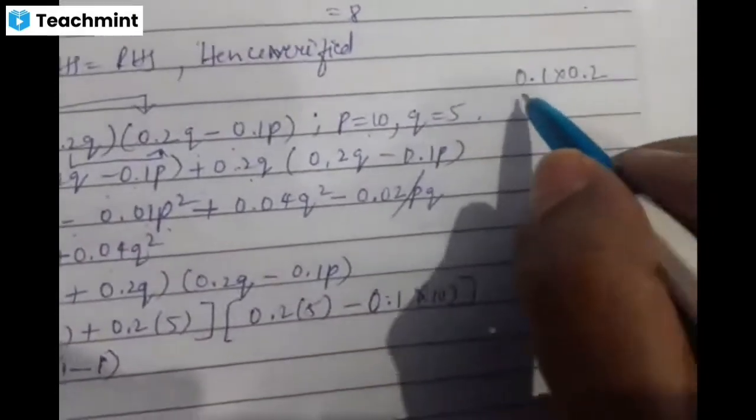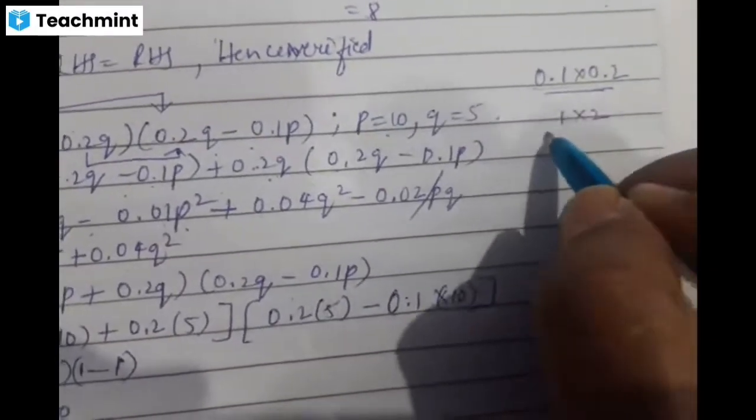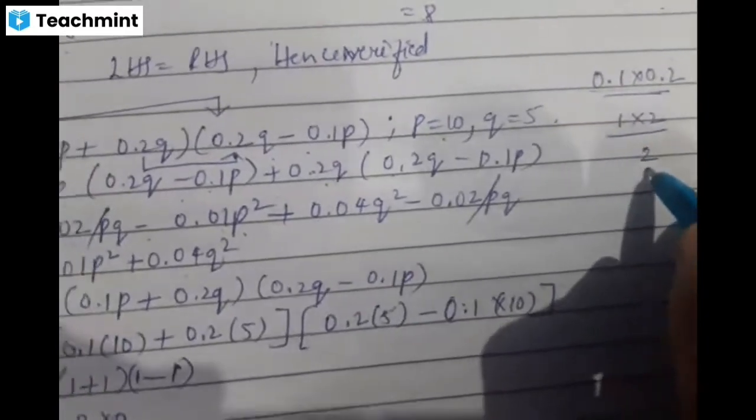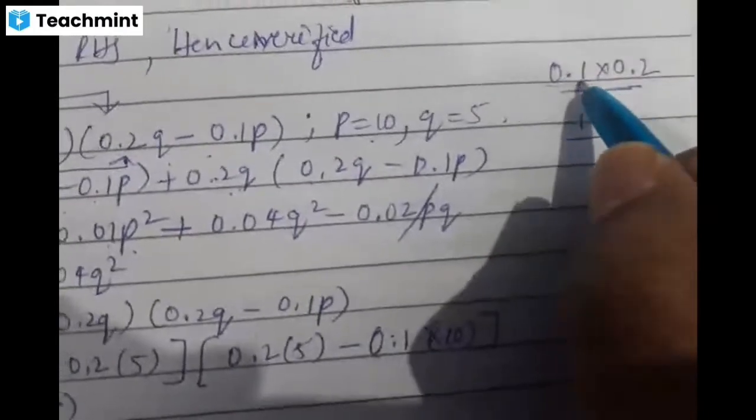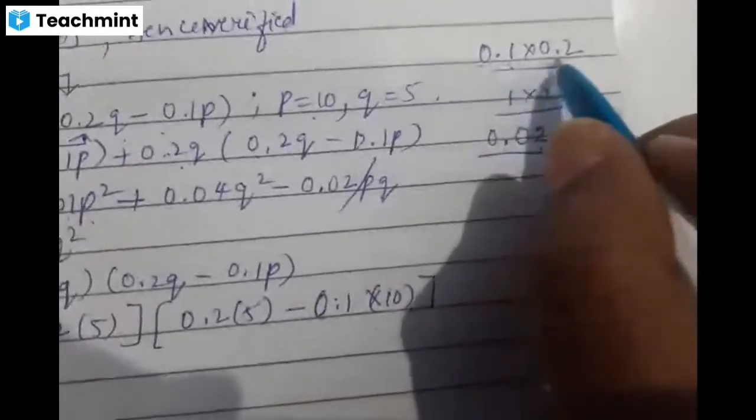0.1 into 0.2. Instead of writing the decimal points like this, you can write directly 1 into 2. What is 1 into 2? 1 2s are 2. Now here in the question, after decimal point, you should have 2 digits. Check the question here, children. Here after decimal point 1 digit, after decimal point 1 digit. 1 plus 1 is 2. So in the answer you should have 2 digits after the decimal point. You have already 1 digit. Keep 1 zero. Now you keep a point. Now in the answer you have after point 2 digits. So 0.1 into 0.2 will be 0.02. I think now you have got how to multiply the decimals here.